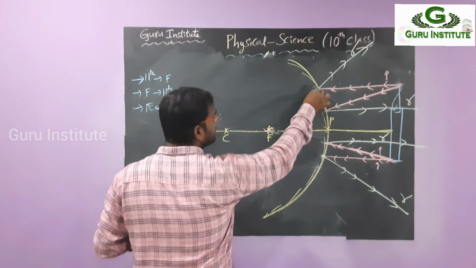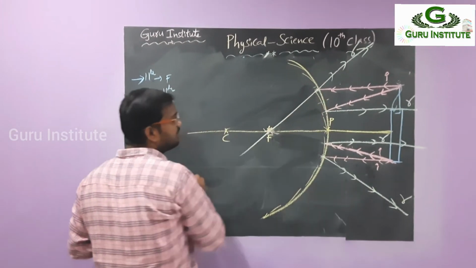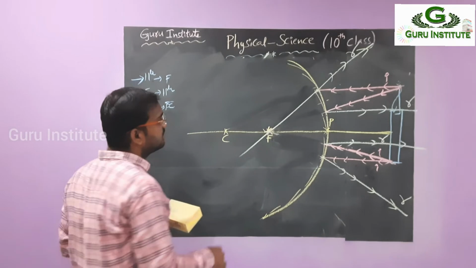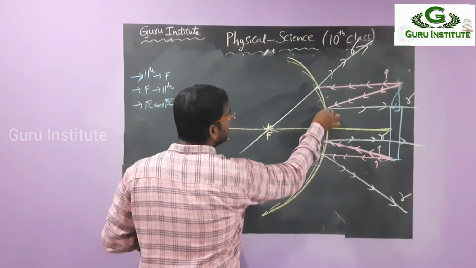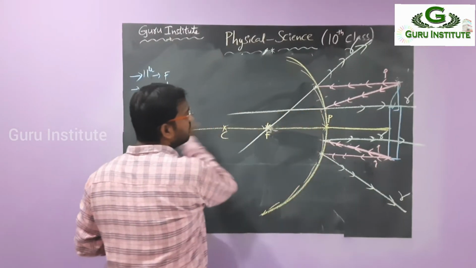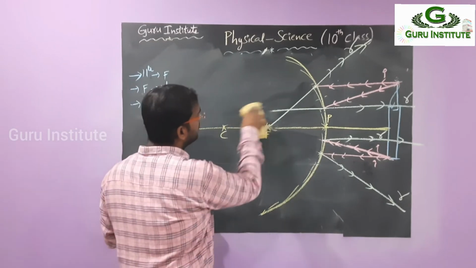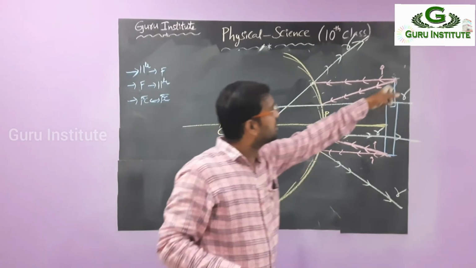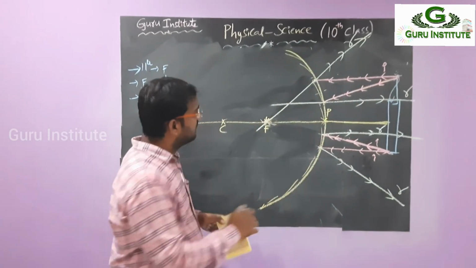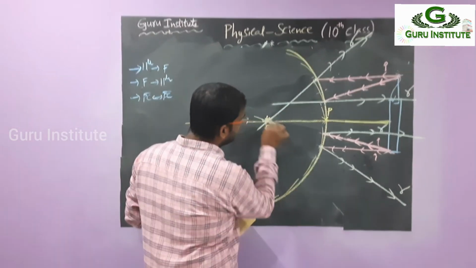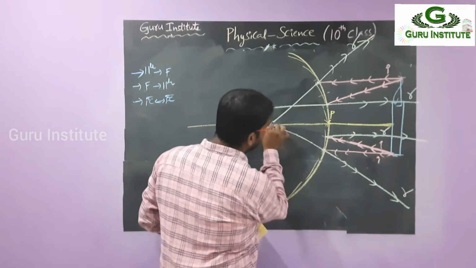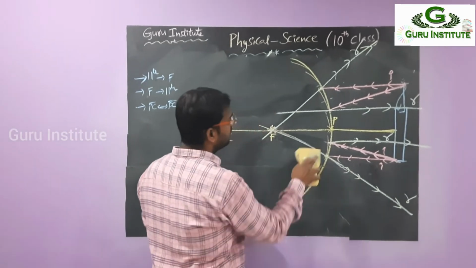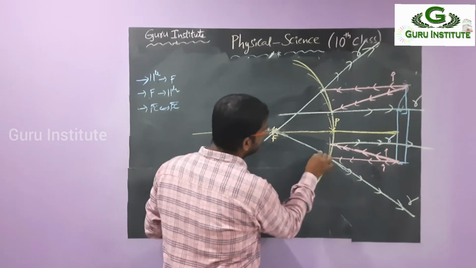So this is only now. If we extend this one, what will happen? This moves from the focus. So again you have to extend this one. What will happen? This is the parallel. So it's over. Just up to meeting only we have to do that. So here only we make this one. So top of the tip is formed here. Then again this one. If we extend this one, what will happen? It will be moving from the focus. Okay? It is moving from the focus.